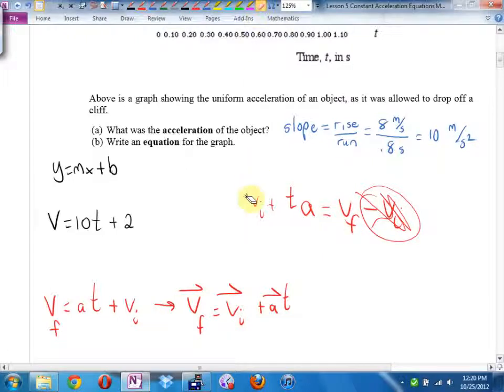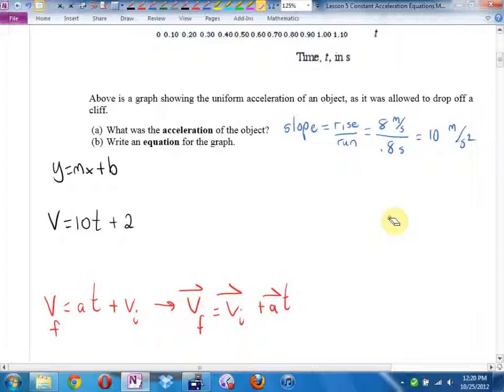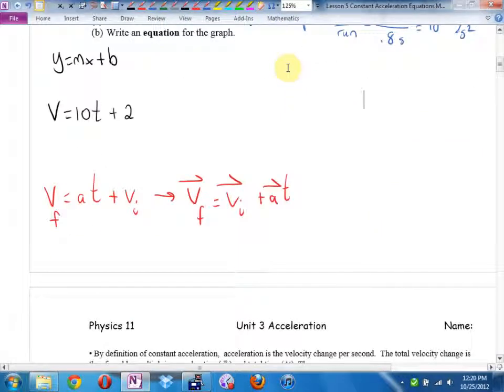One of the things I'm going to start you off on today is what we call formula manipulation. I'm going to start teaching you the art of being able to rearrange an equation, hopefully in your head. If you are willing to learn that, even if you're shaky at math, trust me, it's worth learning it. It cuts down on your memorization an awful lot. You see, this equation here that we've just written down has 4 variables in it, VF, VI, A, and T. It's actually 4 equations in one. You can memorize all 4 equations, or you can learn to just rewrite them in your head very easily and way cut down on